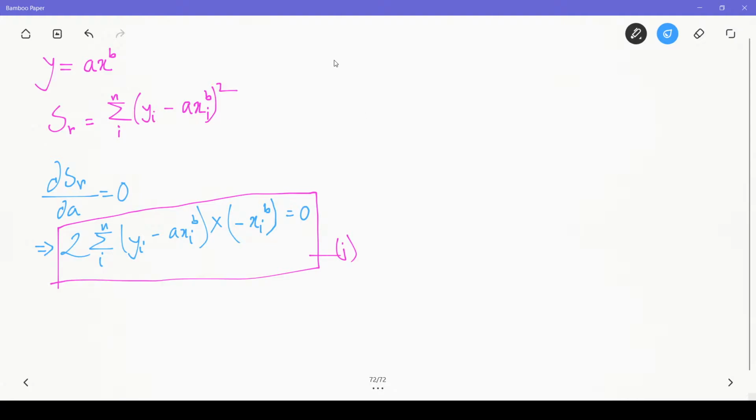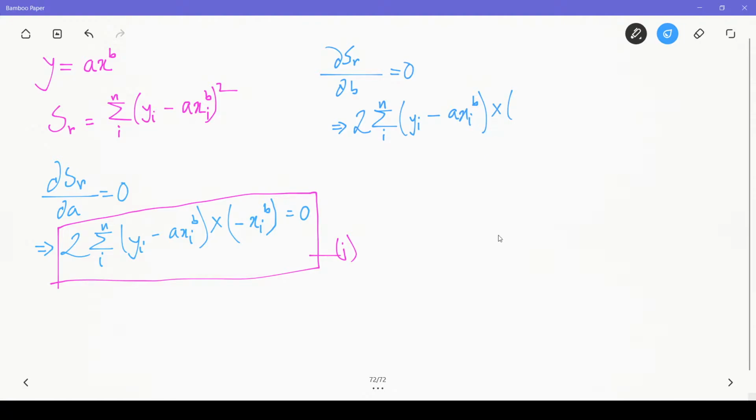So let's take it as our first equation, and let's head back and see what we can do in the case of the second parameter b. So del SR by del b equals 0. If we perform the differentiation, what do we have? The 2 will come to the front, the sum from i equals 1 to n, yi minus a x sub i to the power b, times